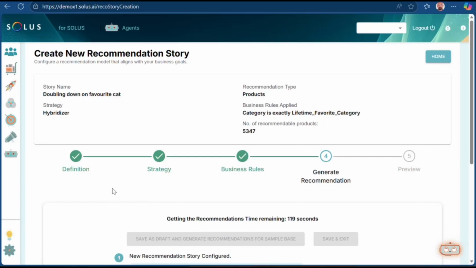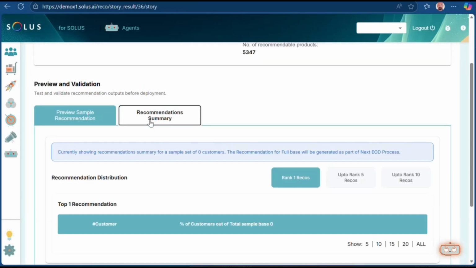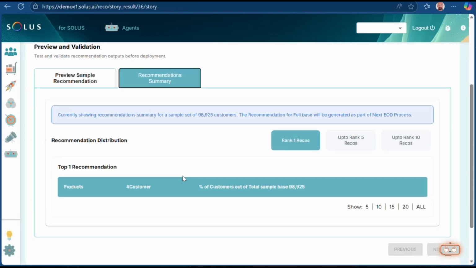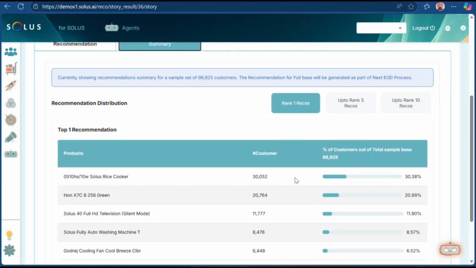So for some customers, if you were to use Genome, for instance, as your story approach, then what you might get is a set of recommendations that go across a bunch of categories. Whereas for a different domain, if you use Genome, what you might find is some degree of skew. And the reason for that skew may be because you have a lot of customers who have done very few transactions.